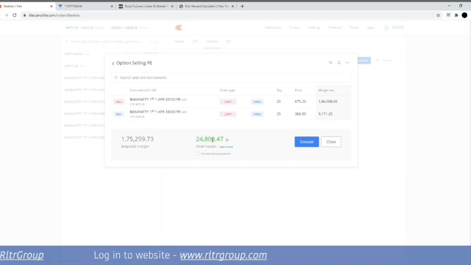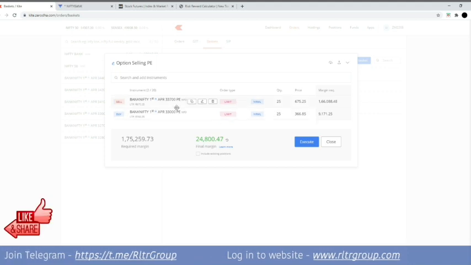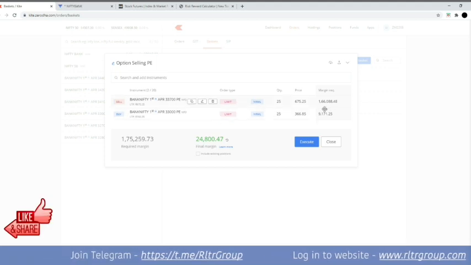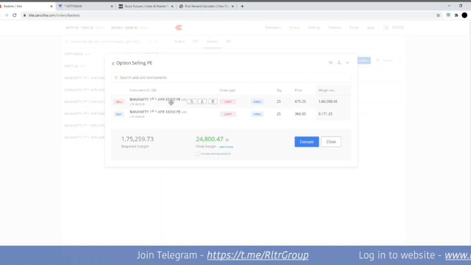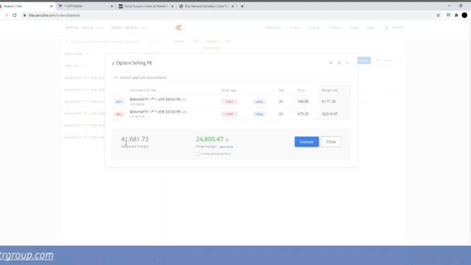75% reduction is too much, guys, or somewhere around 80. Now over here the same rule applies, and 1,66,000. So this selling particular option, this particular instrument, has the highest margin that you would require. Now what I would want to do is I want to go ahead and shift the higher one to the lower one. So the required margin would be 41681, because this is also implying that we are going ahead with